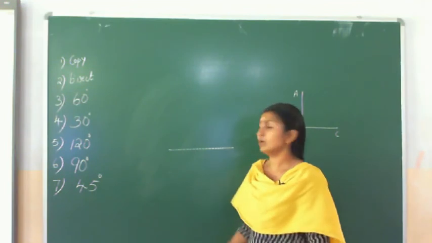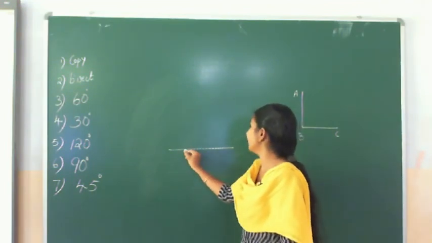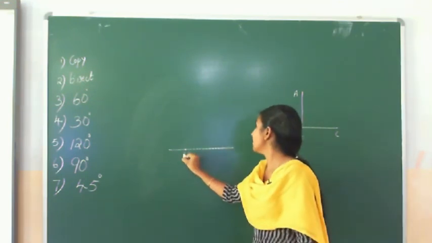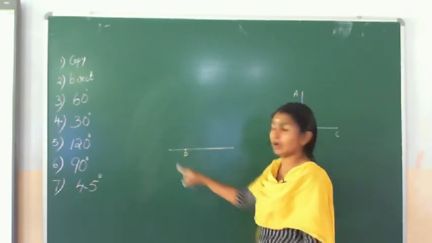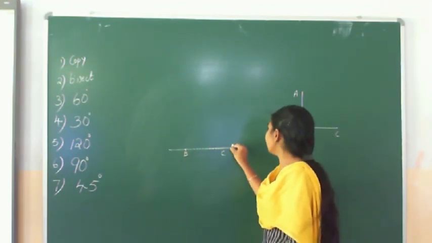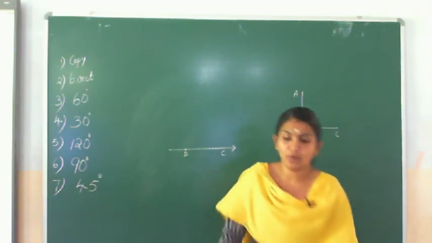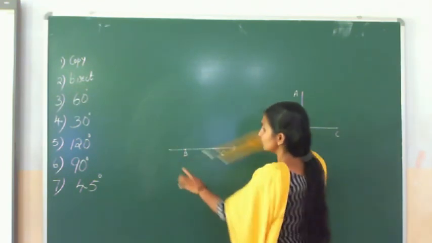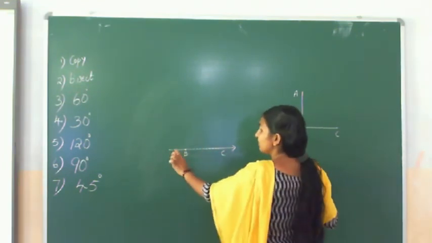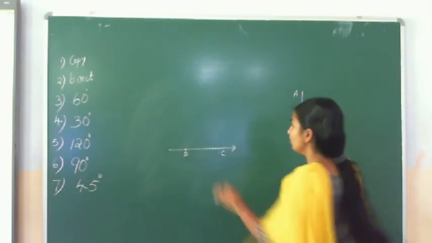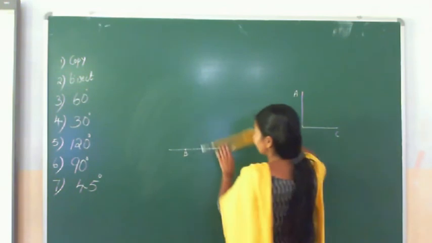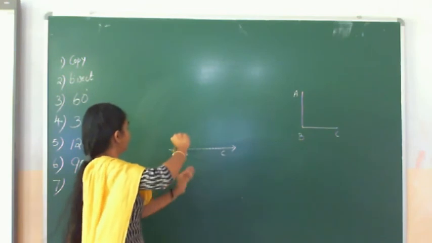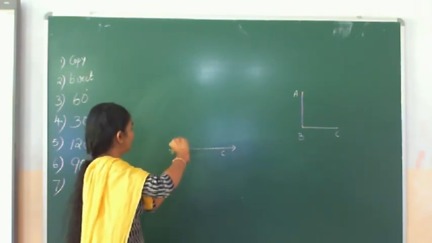Anywhere we can mark one point. So I am just marking a point here. This is our vertex, that is B. So I am just marking it as B. So from here we are drawing. The other side is C. Now this as a point, this as the center. What do we need? This line is here, right? This line we have to cut with 2 arcs. Both the arcs should be on the opposite side. So take this point. We kept our compass.